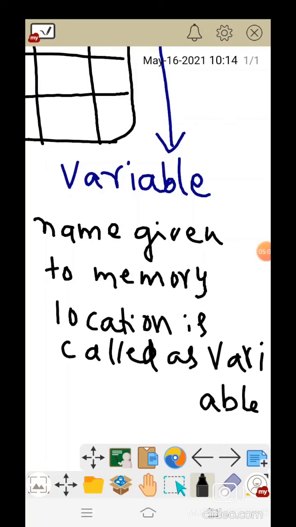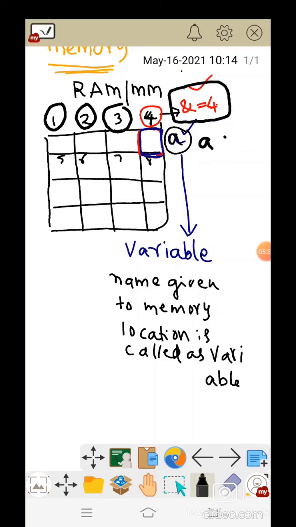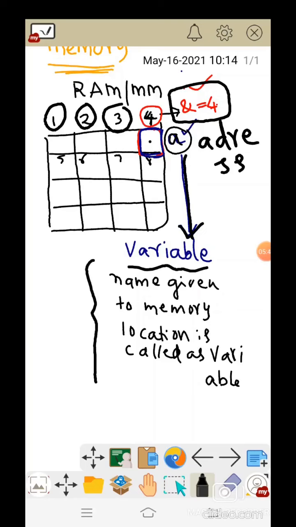So simply we can understand that whenever a RAM is divided into a number of locations, each location has a number: 1, 2, 3, 4 like that. This location number we are calling an address, and for this location number, let us say 4, I am giving a name like A, so this we are calling a variable. So by this discussion we can define a variable as nothing but